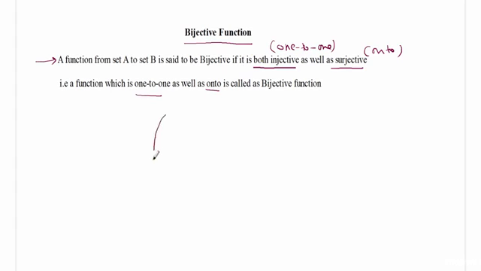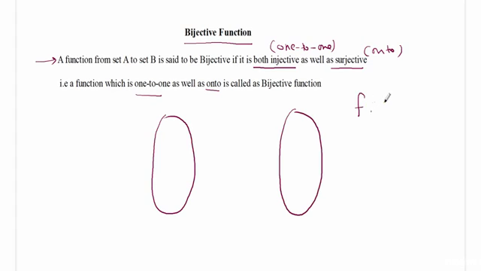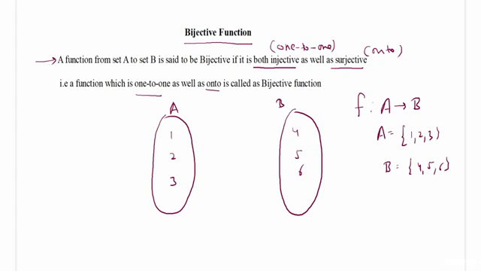That is, you are trying to say that if you have a function from set A to B, and you define A as 1 2 3 and B as 4 5 6, then if you have a function from A to B such that every element of set B has a corresponding element in set A, and also every element of B has just one and only one element in set A, then such a function will be called a bijective function. That is a mapping of this kind,